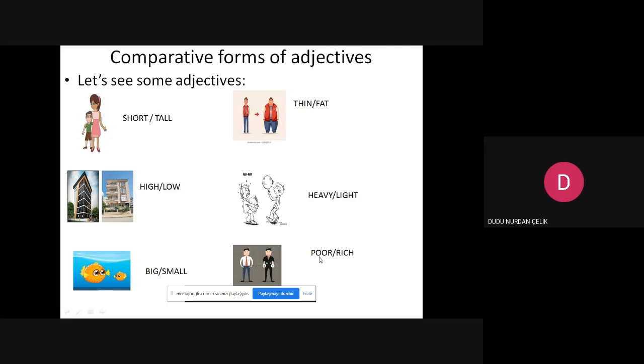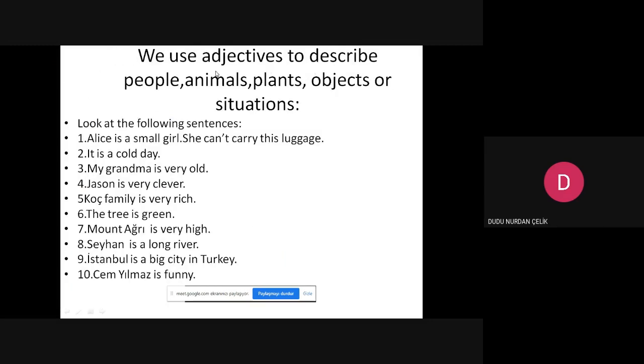He is poor, but he has a lot of money. He is rich. We are describing their situations or their appearance or their amount, their physical situation. So we use adjectives to describe people, animals, plants, objects, or situations.